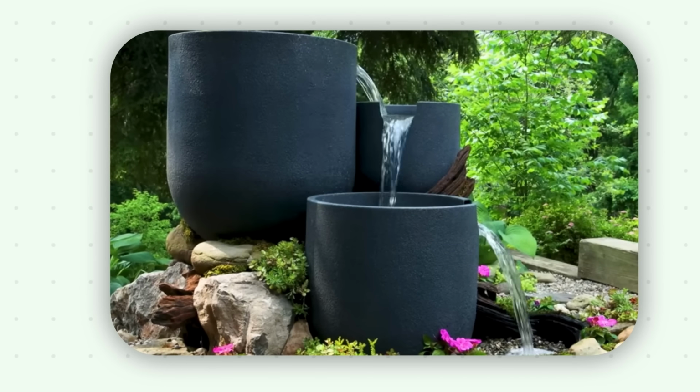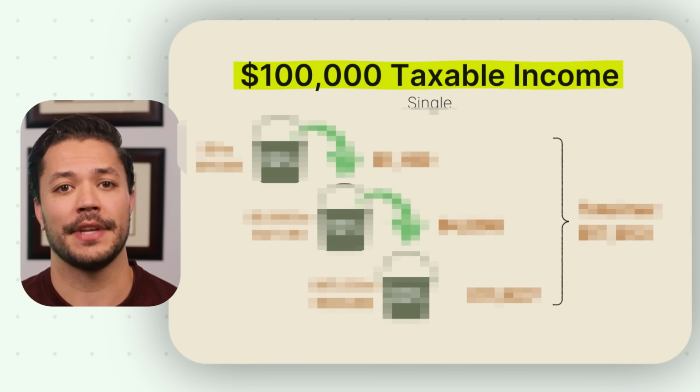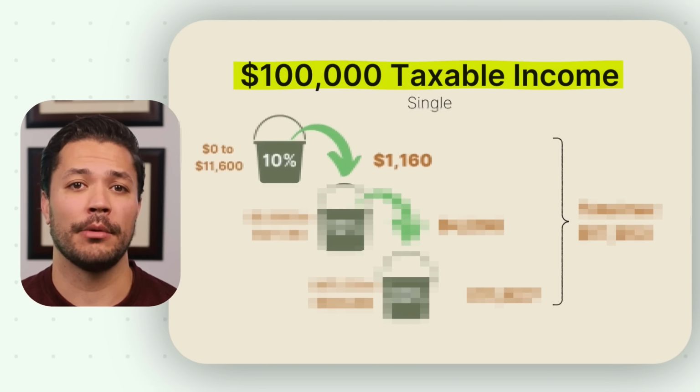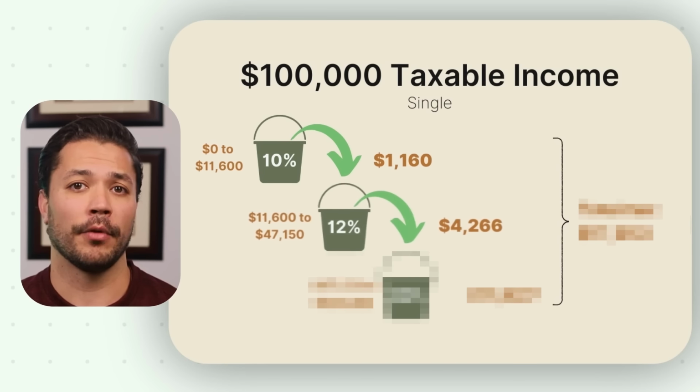And the best way to visualize this is to think about a waterfall filling up buckets. When income fills up a bucket, the next income in that bucket is taxed at that rate. Income beyond the bucket will flow into the next one, and so forth. And again, to make this clear, let's assume someone has $100,000 of taxable income. This means in 24, they would pay $1,160 in that first 10% bucket, about $4,266 in the 12% bucket, and